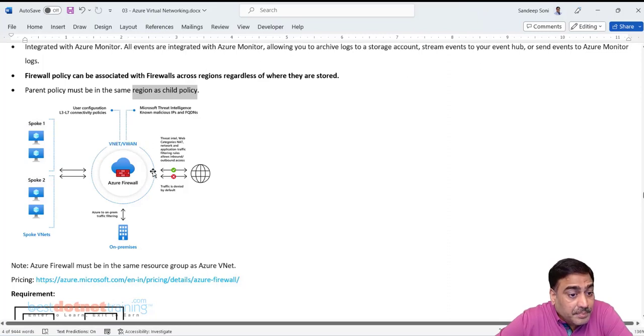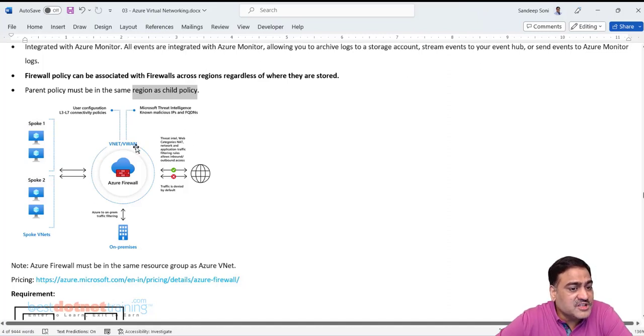And in the hub network, I've set up the firewall. User configuration, L3, L7 connection policies, application level policies, threat intelligence, malicious IP blocking, domain name based filtering.